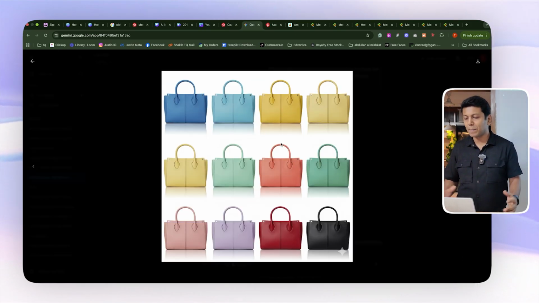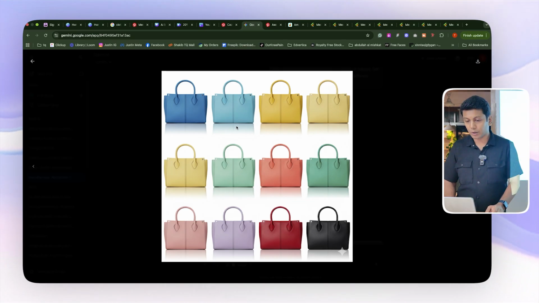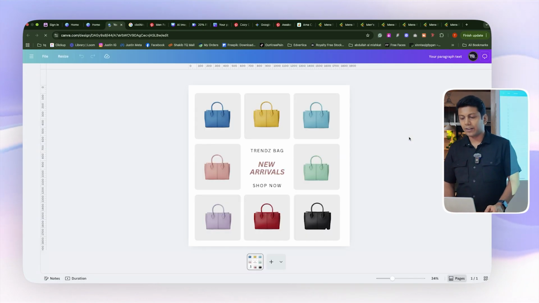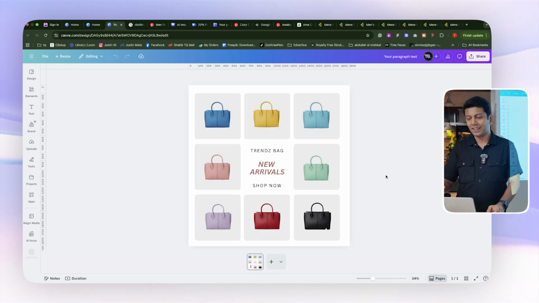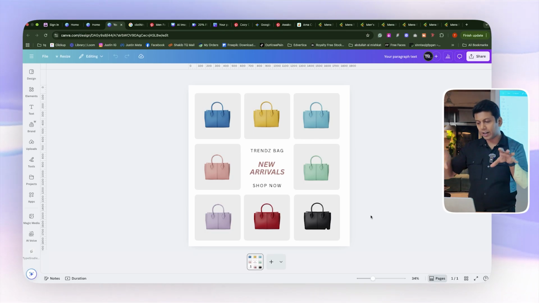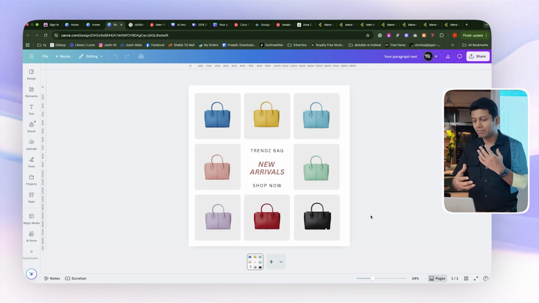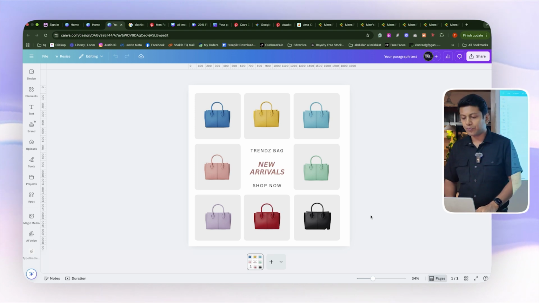So I can create an amazing post using this for my social media. So let me show you. Using Canva, I prepared this visual, and I think if I post this on social media, hopefully it would work very well, because the way different colors of bags are visible in one particular canvas, it looks really great. So this is how you can actually create a buzz around the market